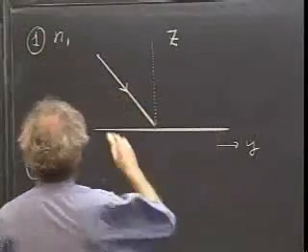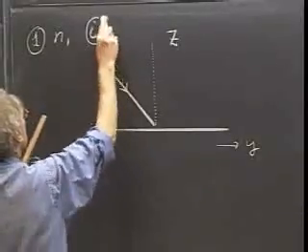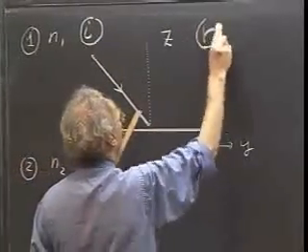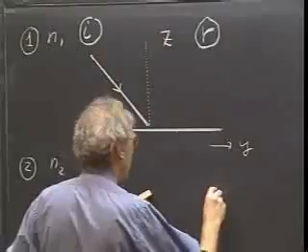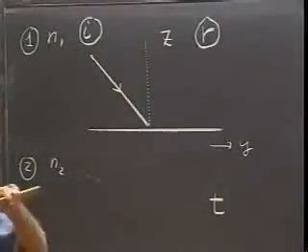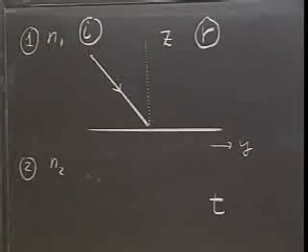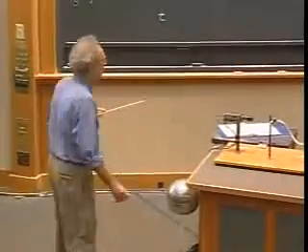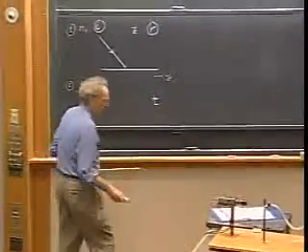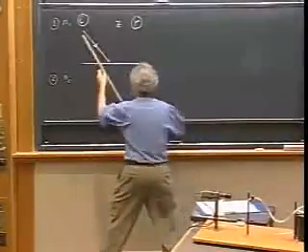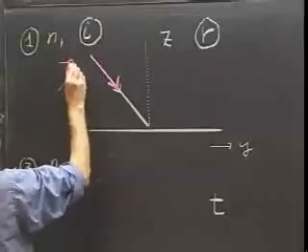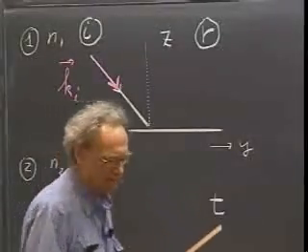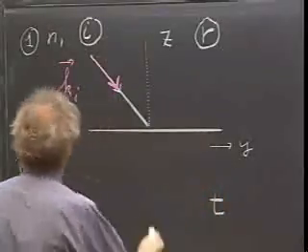And I call that I, that stands for incident. What's going to be reflected, I'm going to call R, that stands for reflected. And what penetrates into this medium 2, I will give a letter T, which stands for transmitted. We also call it refracted. But now you get reflection and refracted, that's confusing, so I give it this letter T. And so there is here a k vector, and this then is k of the incident radiation. I call this angle theta 1.